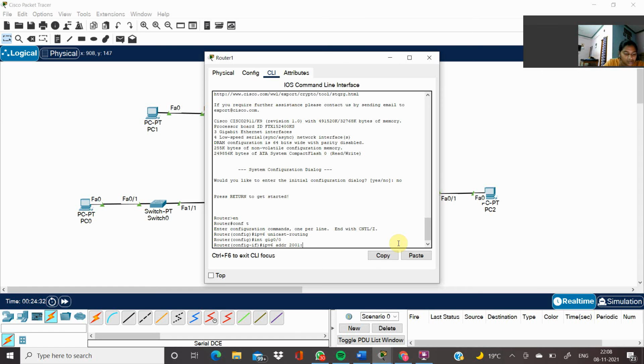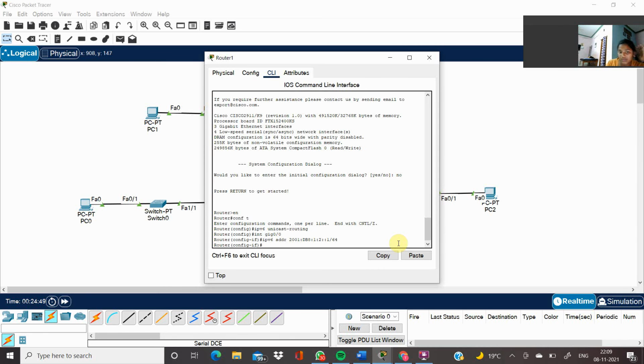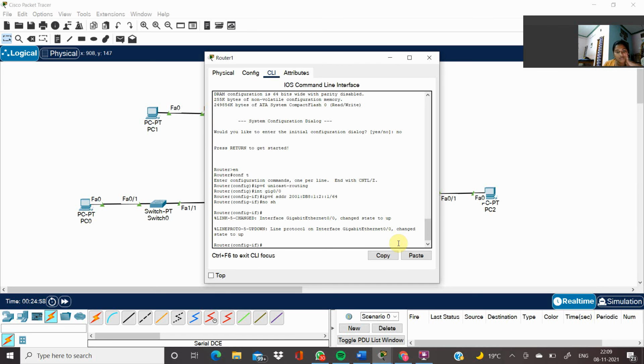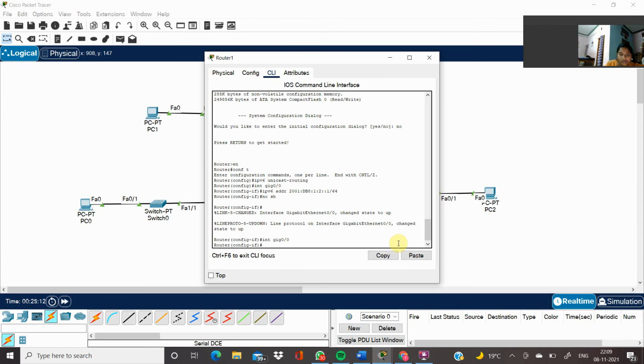Then we have to give our IPv6 address as 2001:db8:1:2::1/64. Then we have to give no shutdown. Then again we have to give int gig 0/0. Next we have to give